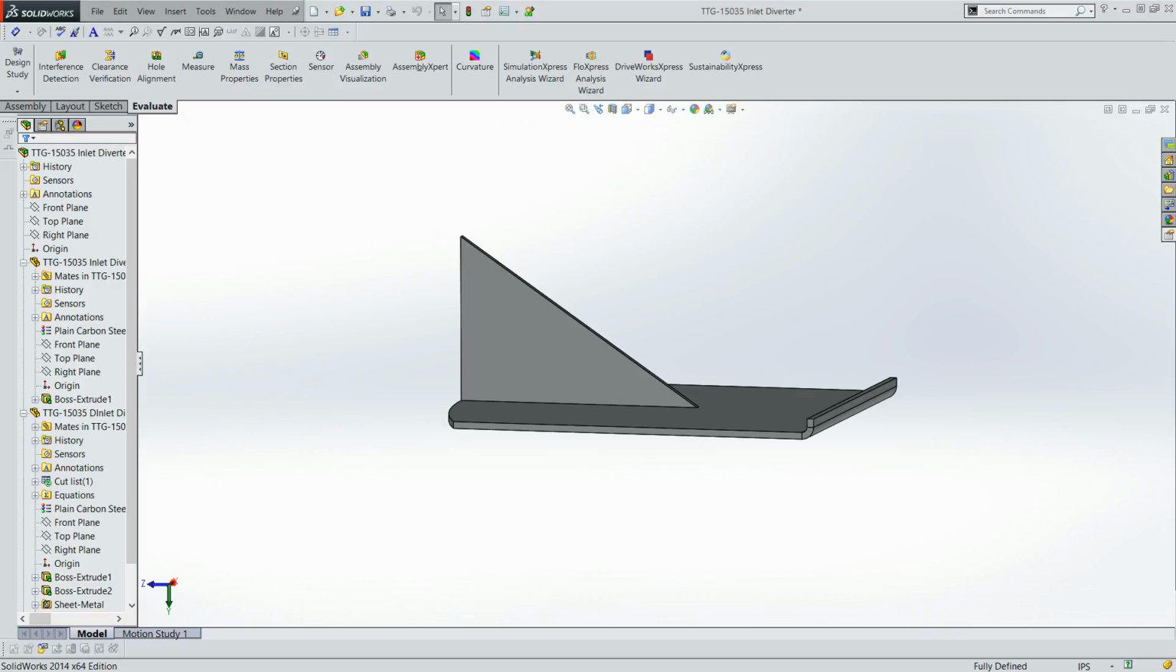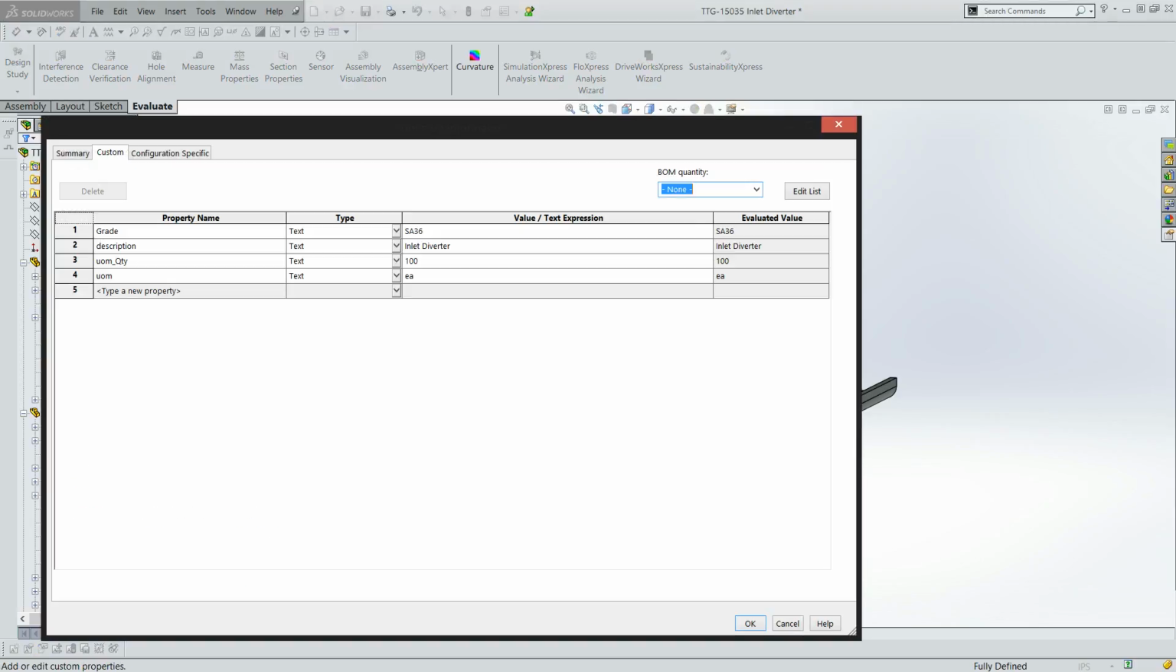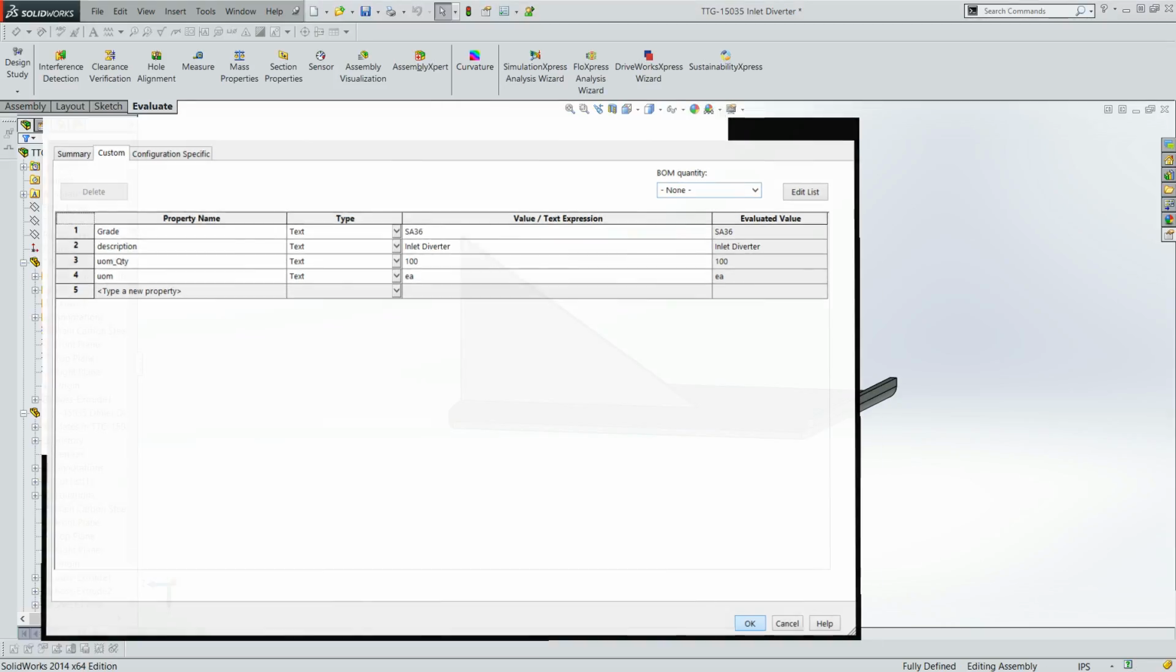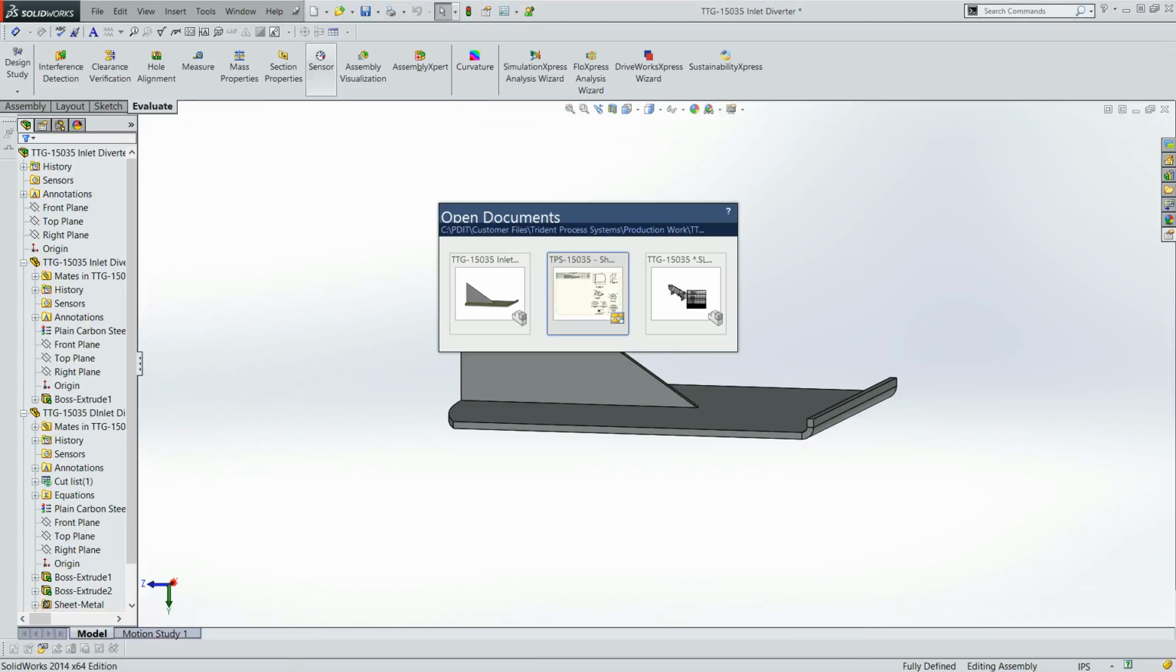And then under the assembly itself, under file properties, I've added material grade, description, unit of measure quantity. This can be whatever value you would like to put on it, and then unit of measure each. So when I go back to my drawing,